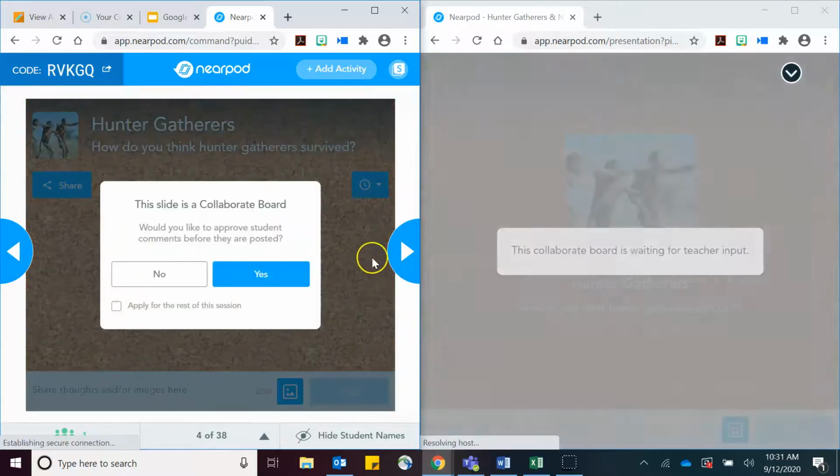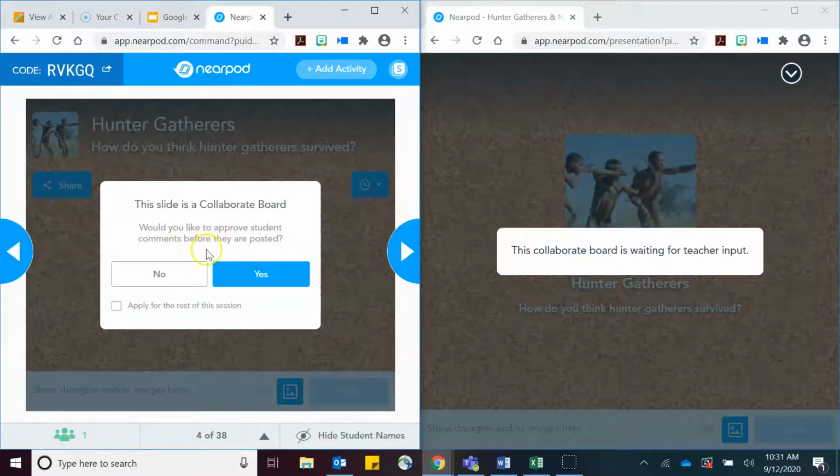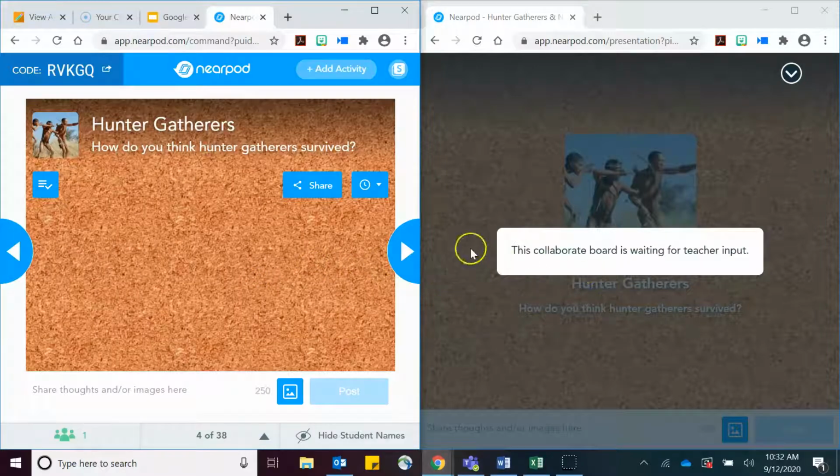So as the slides change, this is called a collaboration board. A collaboration board is like students going up to the board putting sticky notes. Well, we can't. We're in a pandemic right now, so we really can't do that. So virtually, we can put up sticky notes. And I can approve sticky notes before all the students get to see it. So I can apply it for this slide and the rest of the slides, and I want to approve them, okay? And so then, after I do that,